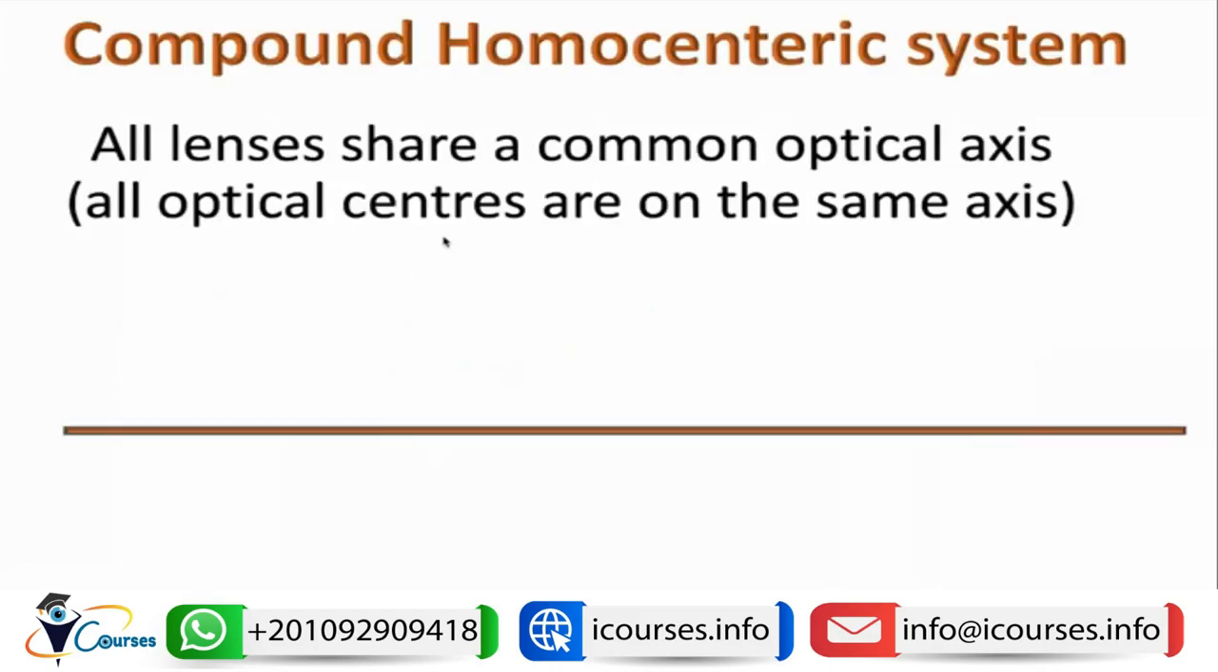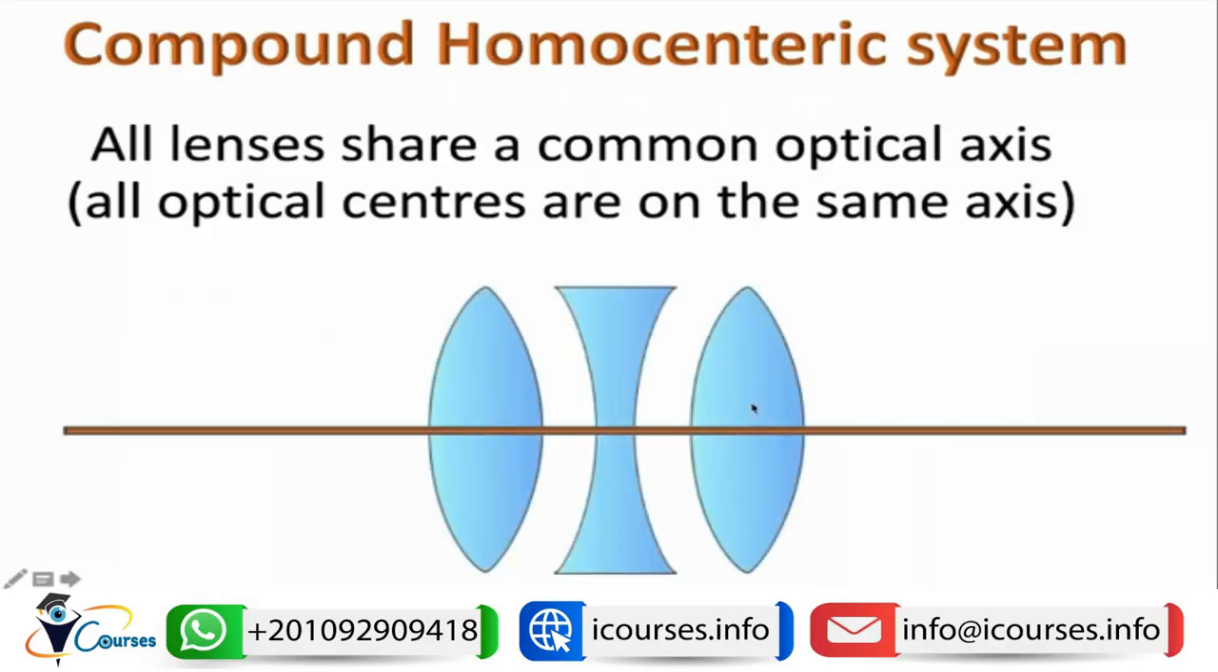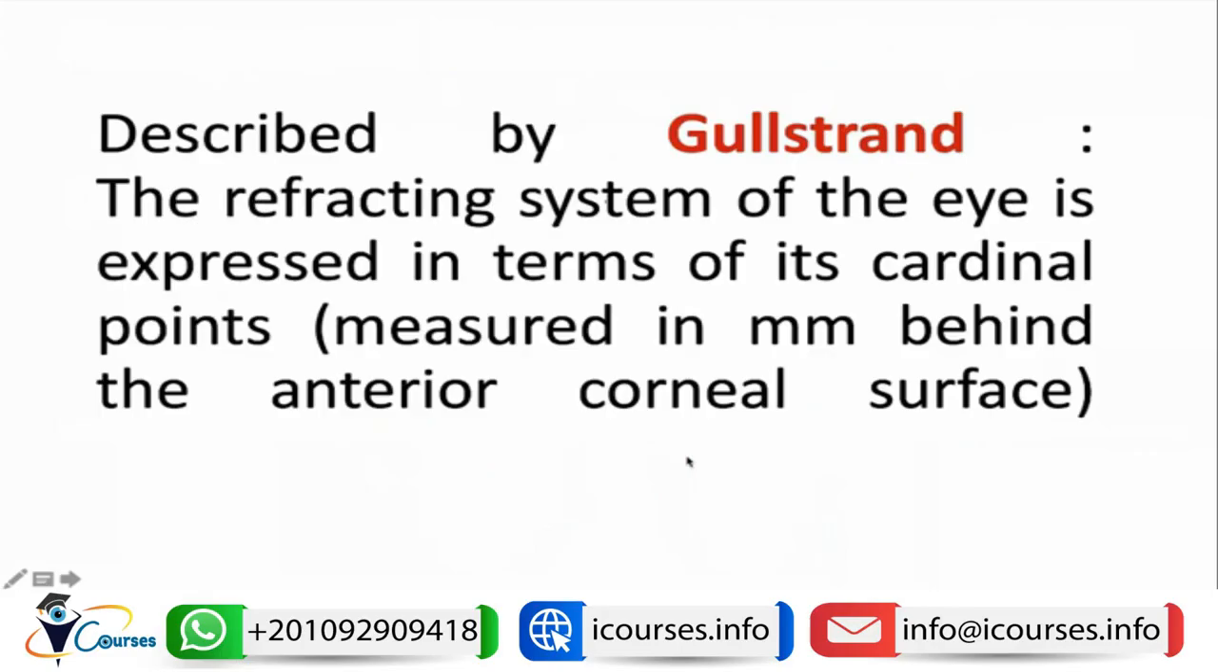So why not apply the compound homocentric system over the eye? If we have different lenses, as we said in the last lecture, having the same optical axis, this can be considered as a thick lens. Goldstrand said that the refracting system of the eye is expressed on cardinal points, measured in millimeters behind the anterior corneal surface. The Gaussian and listing theory of the thick lens said that